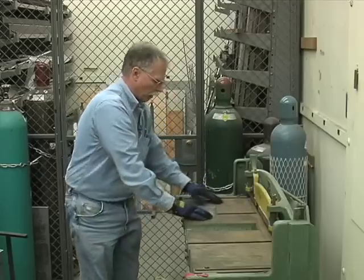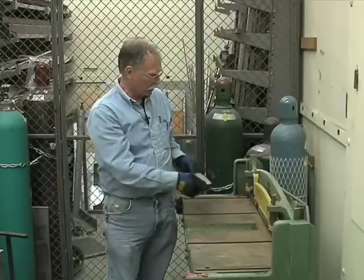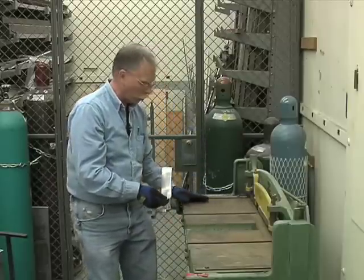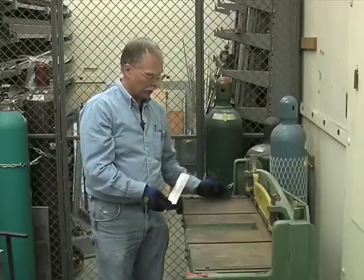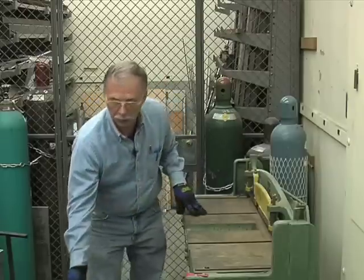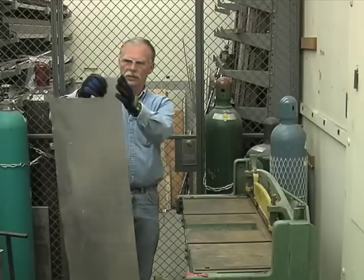You heard the piece fall off, and there it is, right along the line. Now, I just hand aligned it. I didn't bring it against the bar. There's a nice square edge over here, so you can get a nice square cut. I'll take a piece of small aluminum here that has a factory edge on this side,